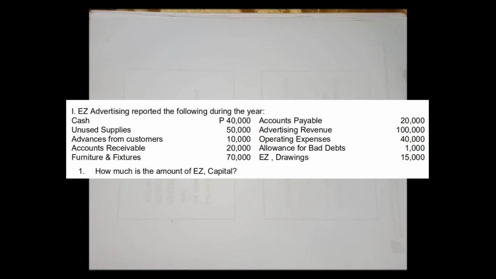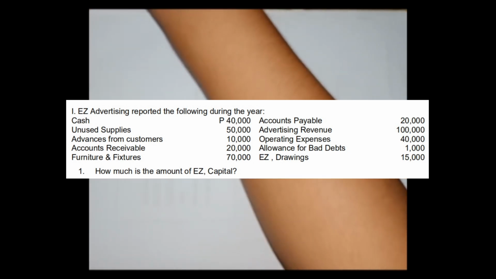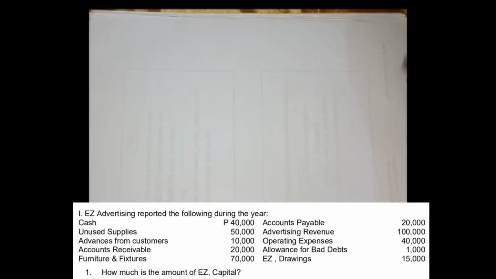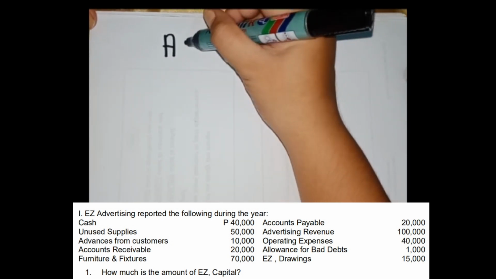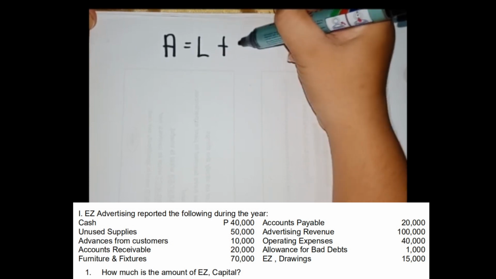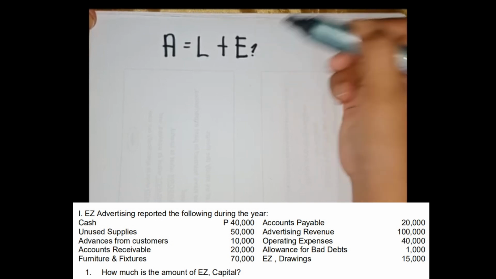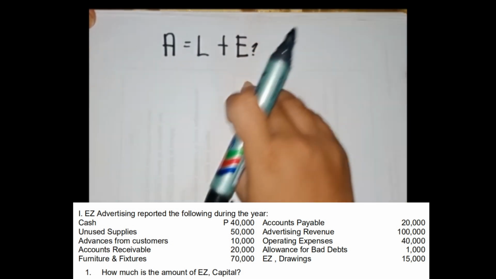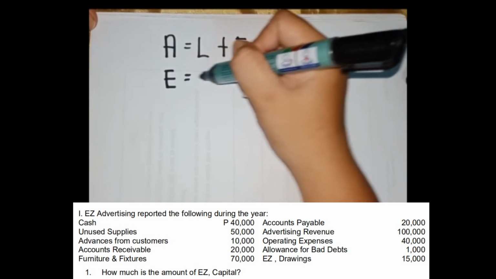So, hindi lahat ng given ay gagamitin, or hindi lahat na nasa given is kailangan gamitin. So, ang tanong lang naman, how much is the Easy Capital? Now, we'll have to use our basic accounting equation, which is the asset is equal to liability plus equity. Since ang question is how much is the equity, we'll have to transpose our formula to equity is equal to